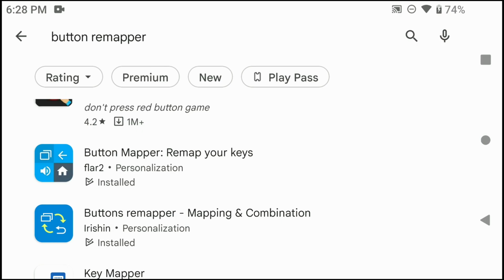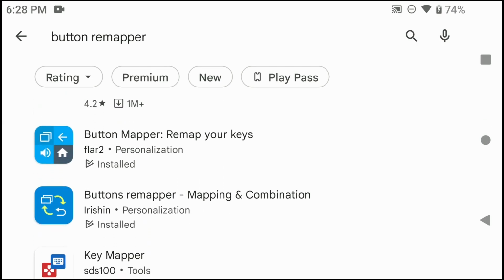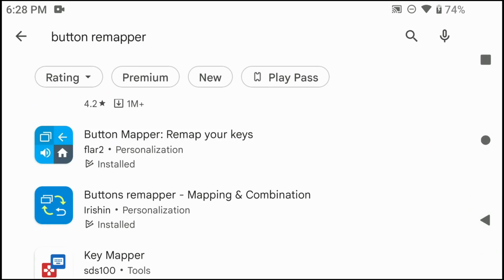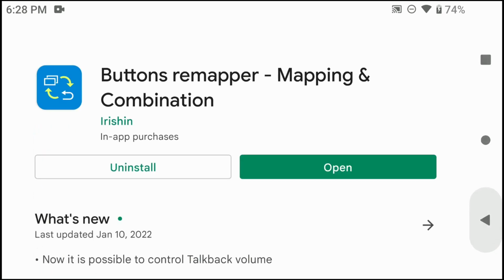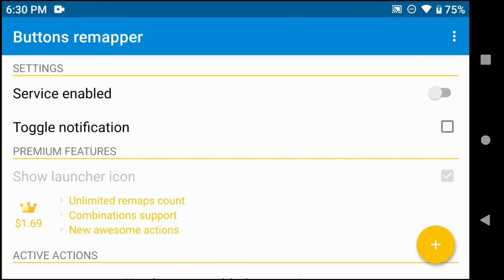Okay, so what we have here, you open up the Play Store, you search button remapper, and it should come up with Button Remapper. Install that one, Button Remapper, and Key Mapper. You can install any one of those three programs, and they work to remap your keys. There's Button Remapper,